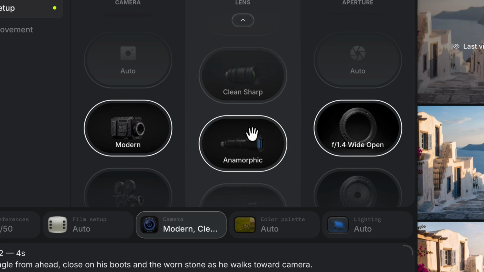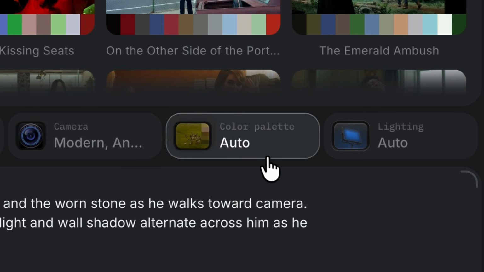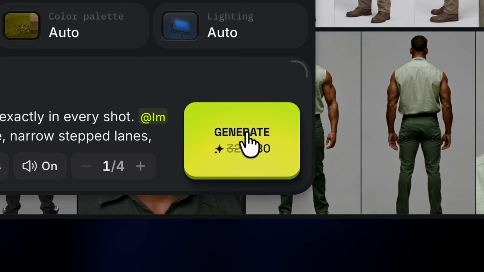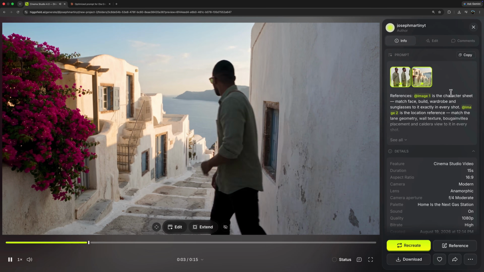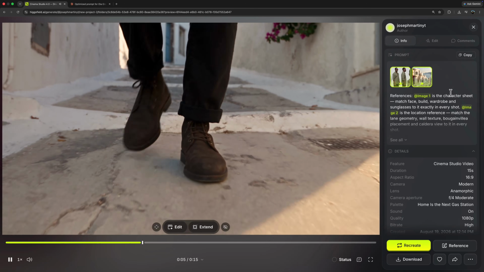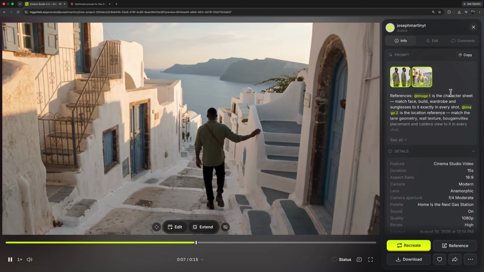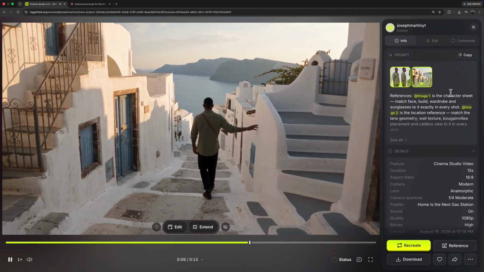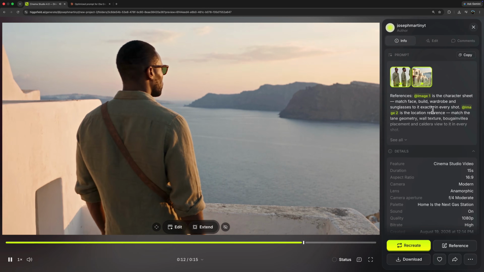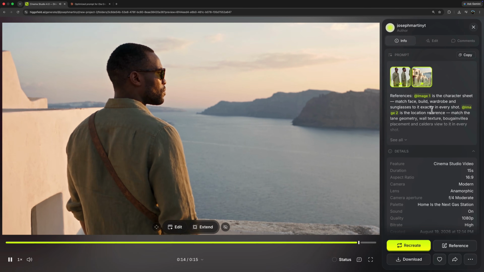Let me try again with modern anamorphic, but this time I'm gonna give it a cool bluish color palette instruction as well. Nope, no anamorphic attributes here whatsoever, and no bluish color grade either. So far, it's really not looking good for Cinema Studio styles, but there is one more thing to check, which